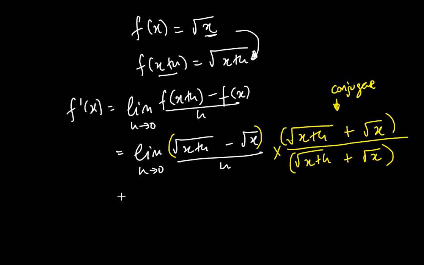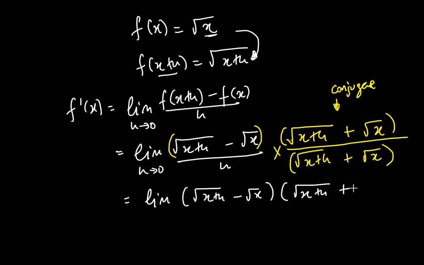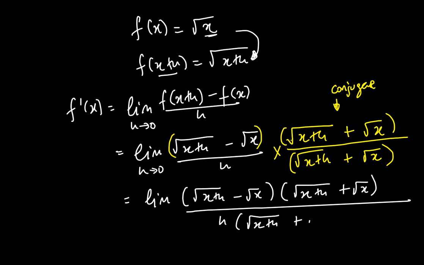Okay, so now what are we gonna do? We're now gonna say the limit of the conjugate: this times the conjugate. So we're gonna have root x plus h minus root x, right? Then you multiply by root x plus h plus root x, all divided by h into root x plus h, right, plus root x. Okay, so as h approaches 0,